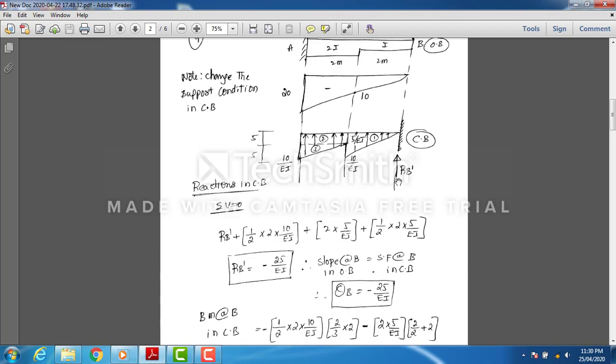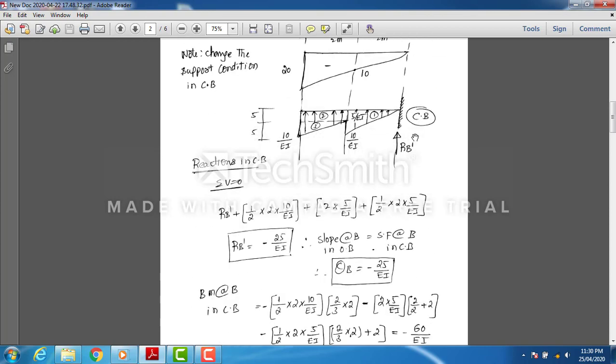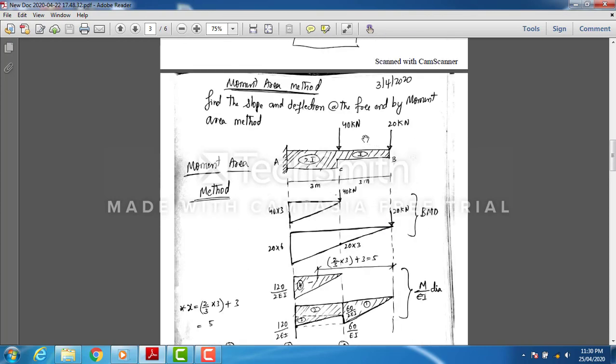This is your cantilever beam problem carrying only one point load. So coming to a cantilever beam carrying 2 point loads, here I have drawn 2 diagrams for 2 loads. We can also draw one combined bending moment diagram and reduce it to an M by EI diagram because we have 2 point loads. So not a problem here. You can draw one single diagram for these 2 loads and reduce that to an M by EI diagram. It can be done. Here I have done one diagram for each load. So it's the same way.